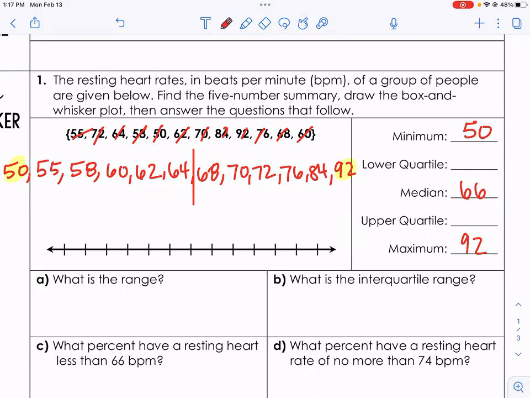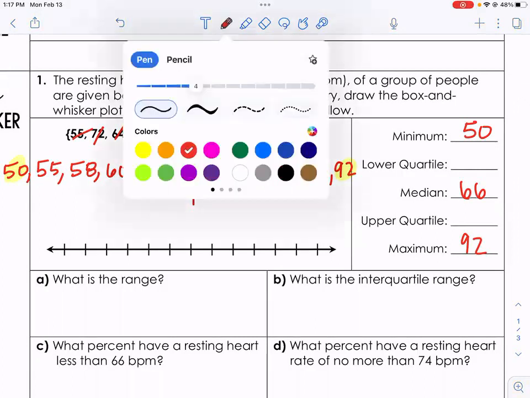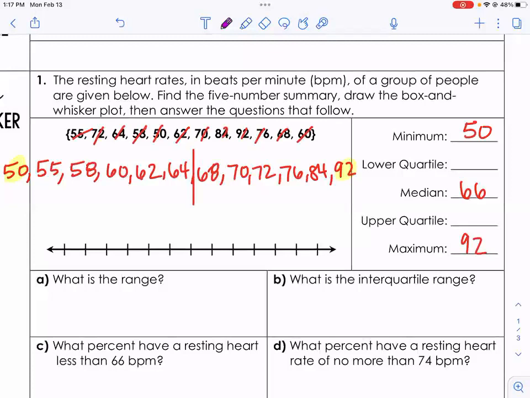Okay, so now to find our lower quartile, we're going to find the median of this lower half. So if I go boom, boom, boom, our middle is 59. And then up here, if we go boom, boom, boom, the middle of the upper half is up here at